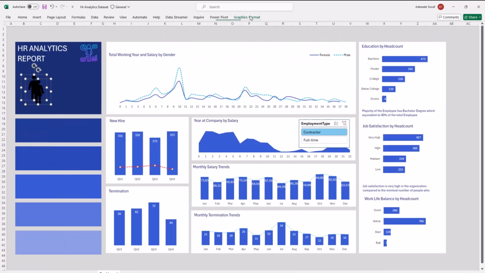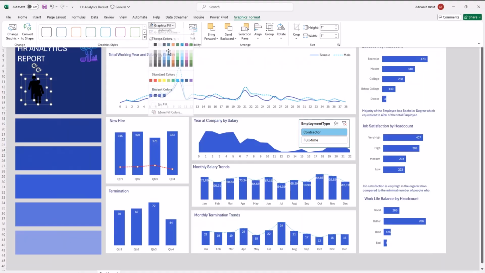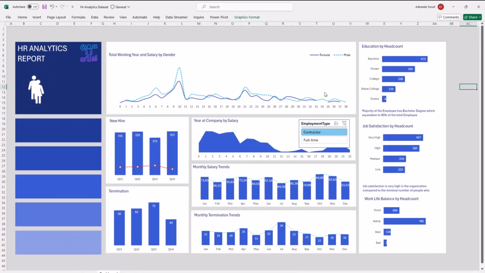Then I'll go to graphic format and change the graphic colors to white, and then let's say ladies first, and guys below. So let's bring guys below like this, and then ladies first, right?